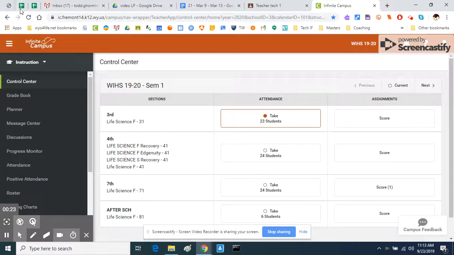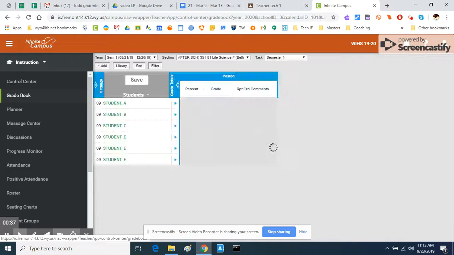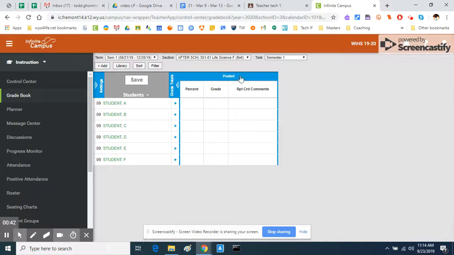Now, what we're going to do is start off. You log into your Infinite Campus, and you should be on Control Center. That should be your first place. What I'd like to do is first go to Gradebook. Click on Gradebook, and you should see your students that are in your class. You should see a couple of columns here, but you shouldn't see anything else if you haven't set up your